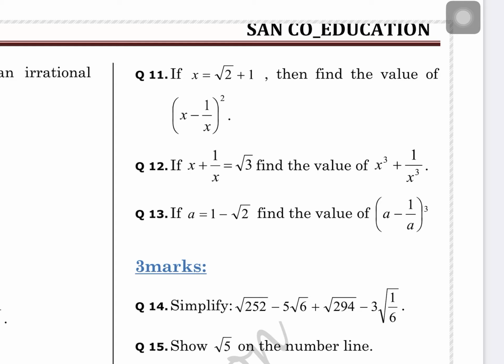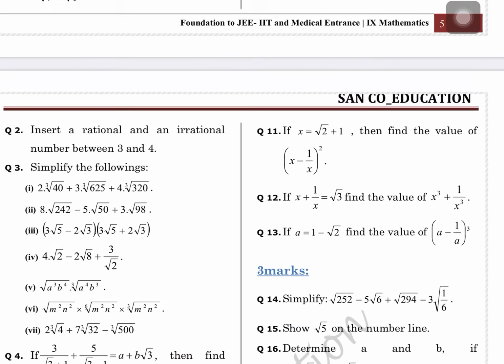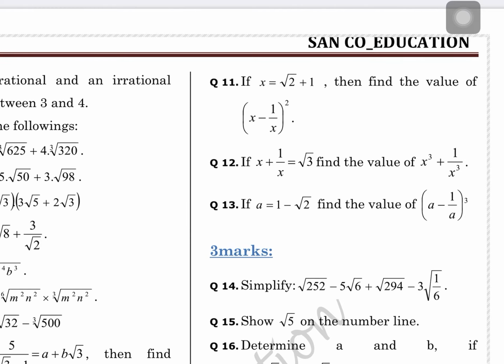Now, I am telling one question of cube. Which do you want to know, 12 or 13? Tell please. I am telling the question number which you find difficult. I think x minus 1 by x is an easy sum, because it is simply 1 by x, but here the cube is there. So, I am telling you this cube question for x. 12 number question. X plus 1 by x is root 3, and what next is to find out here x cube plus 1 by x cube.